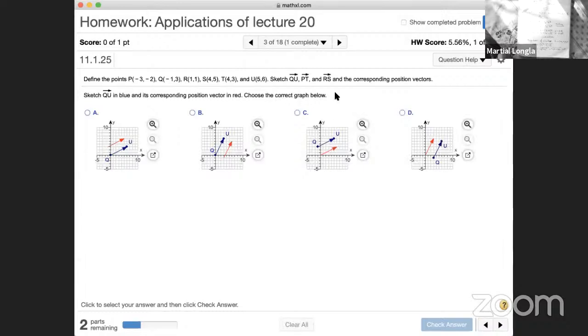And here are more similar things that just need you to compute the coordinates. When you compute QU, PT, and RS, you would see the coordinates. The vectors that have the same coordinates are equal. If the coordinates of the vectors are the same, then they are equal. That's what this question